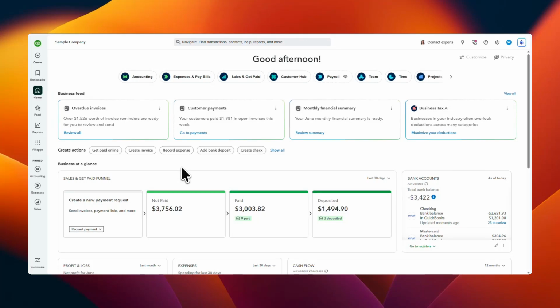In today's video, I'm going to teach you how to match bank feed transactions in QuickBooks Online. If you're bringing in transactions from your bank and want to make sure they connect to the records you've already entered in QuickBooks, this process is very straightforward once you know where to look. Matching transactions correctly helps keep your books clean and prevents duplicate entries, so it's a great habit to build into